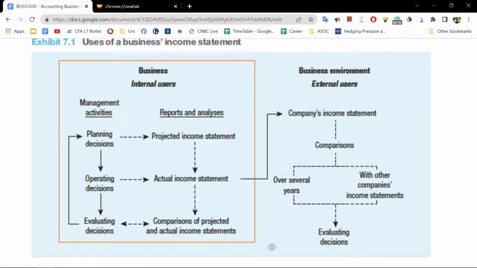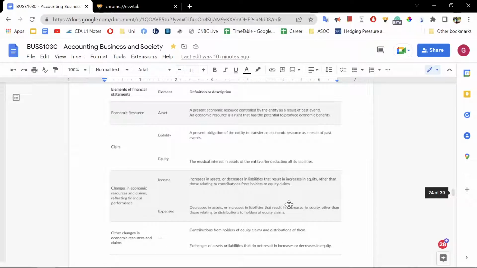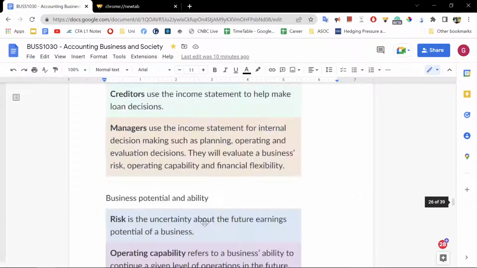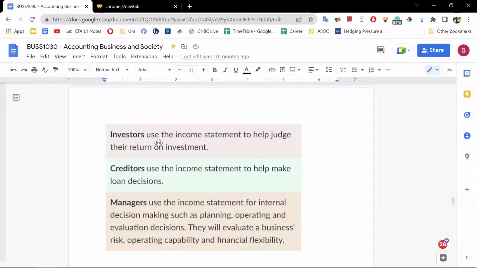Whereas external users of income statements may include external stakeholders such as these. External stakeholders such as investors, public investors and public companies really want to see how their companies are doing. Now, the best way, if not one of the only ways, investors will be able to